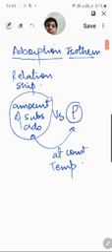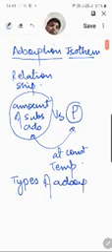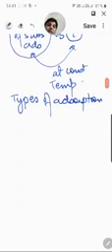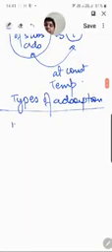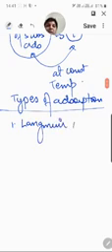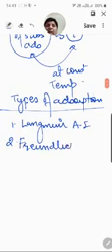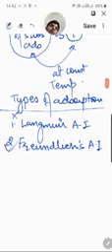Okay. Next topic is types of adsorption. There are two types of adsorption. Number one is Langmuir adsorption isotherm. And number two is Freundlich adsorption isotherm. But in our syllabus only the Freundlich adsorption isotherm is there, but not the Langmuir. So we are going to continue with the Freundlich adsorption isotherm.